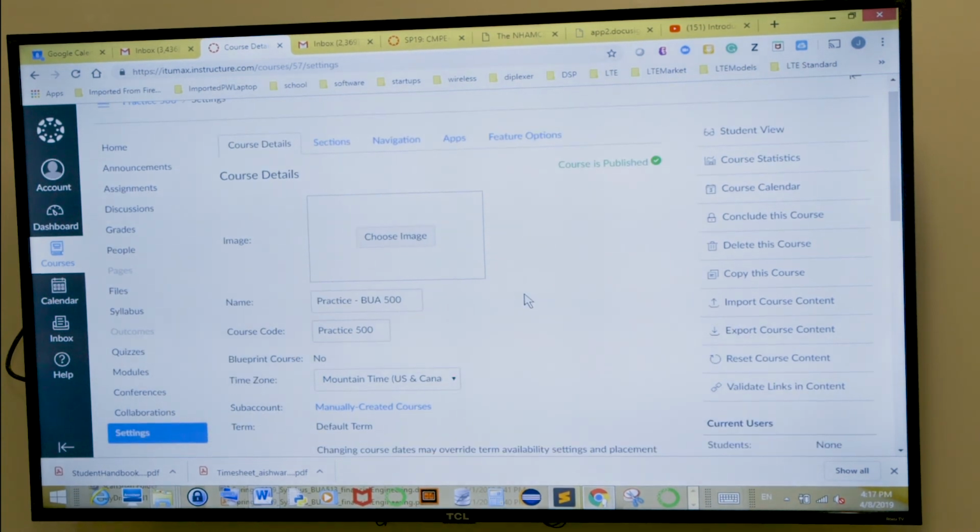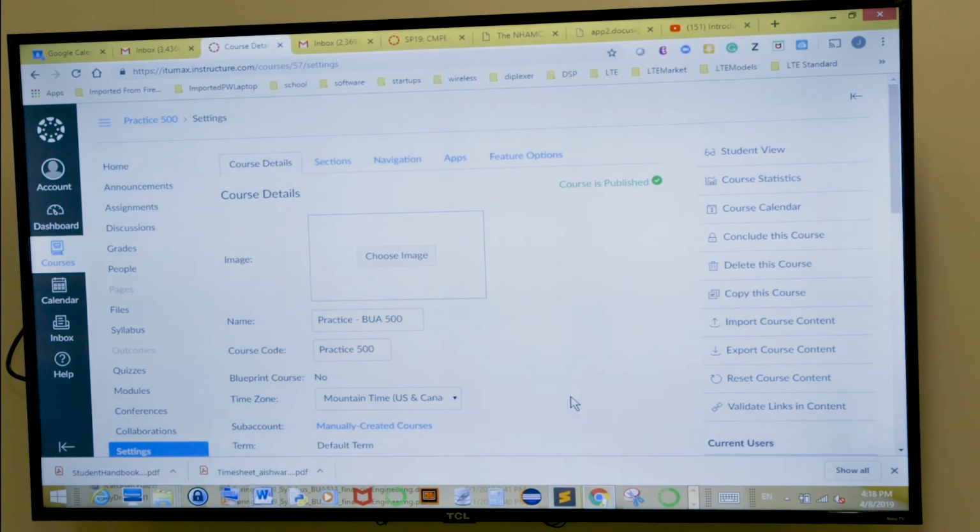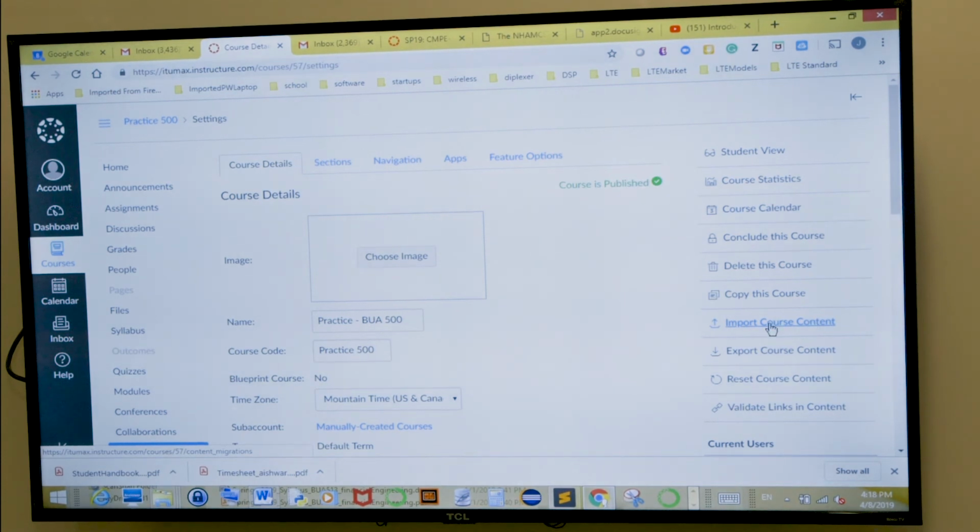But one thing I want to show you, which is not as crucial at this stage: let's say you've done a course three semesters ago, and it's a repeat, and you want to transfer the content to the next one. Export, yeah. It's easier if you go to the new shell that has been generated, which is empty, and you click on settings and come to import course content. So if you click on this one,